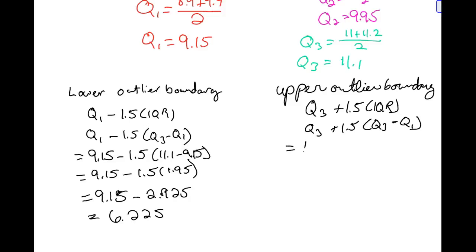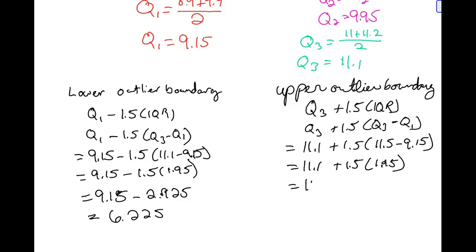So if you notice, 11.1 plus 1.5 times 11.1 minus 9.15. What I'm doing is actually I'm going to be subtracting or adding the exact same number that I subtracted on the first one. So I'm going to be adding a 2.925 here, which will give me a 14.025. So these are my boundaries,